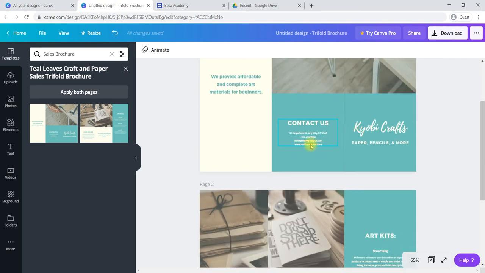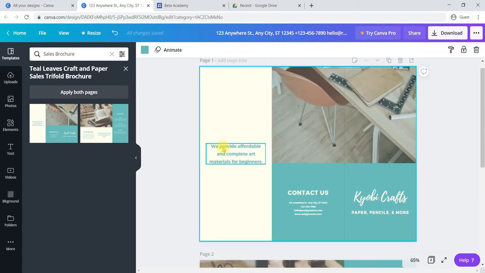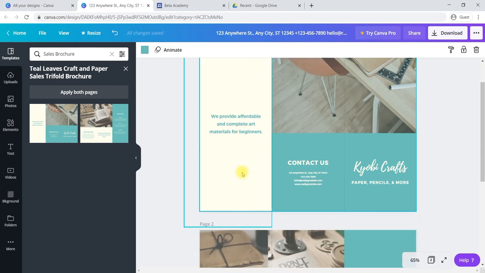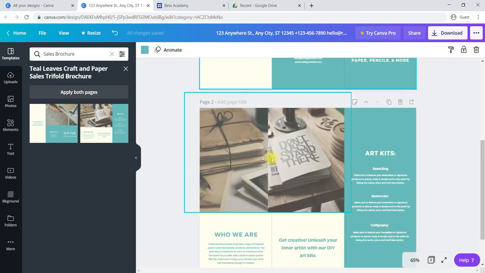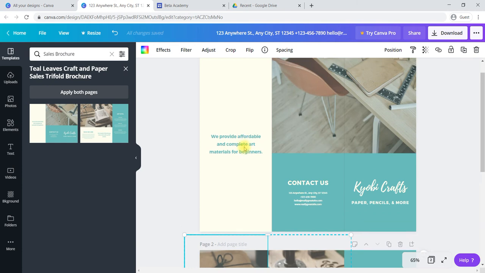Again, you can give your contact details here. Double click and just write down your contact information. Then you can go to your name and what you are doing, and give a brief introduction about your company. Here you can replace this image with your own image also.